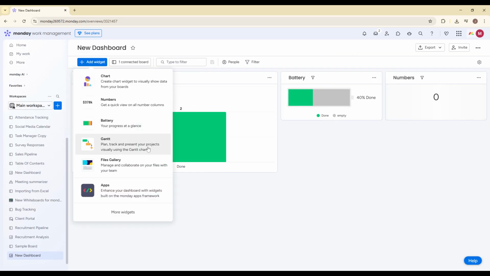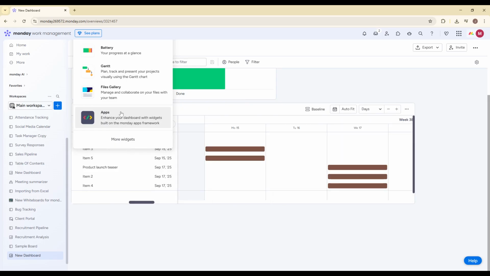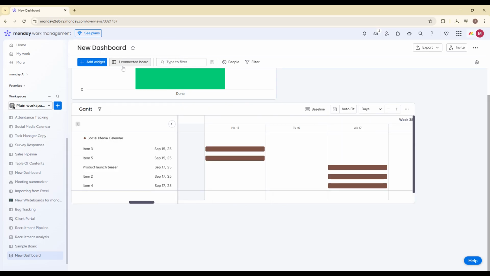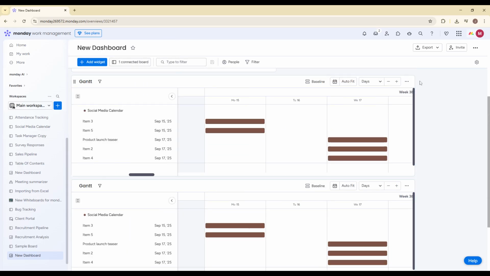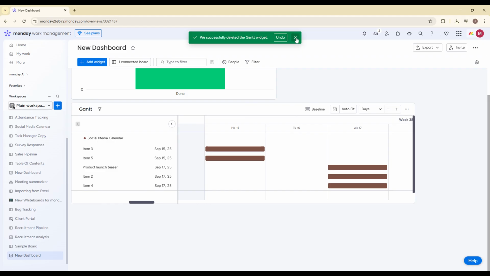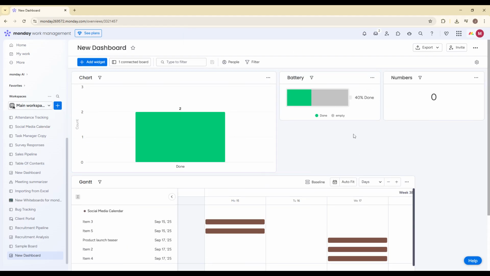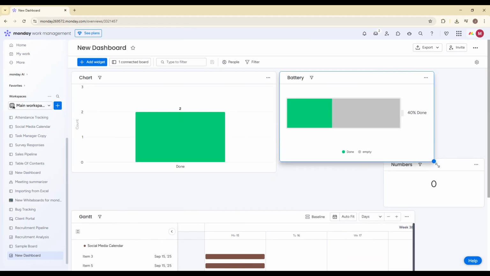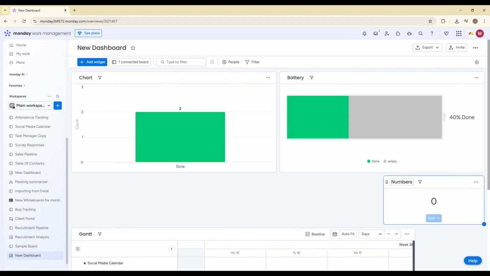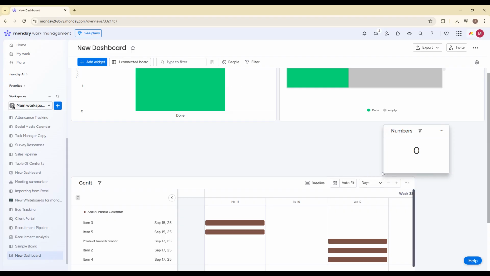The workload widget helps you monitor capacity and identify overallocation before burnout happens. The numbers widget can show total effort estimates across projects. And the chart widget lets you break down effort by project, team member, or time period for easy reporting. By combining these widgets, you create a real-time control center for your operations. Instead of guessing who is busy or which project is consuming the most time, you can see it instantly and